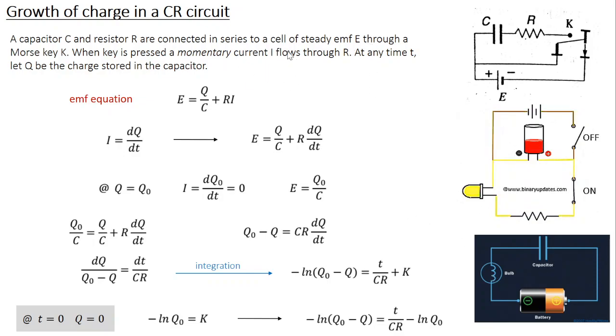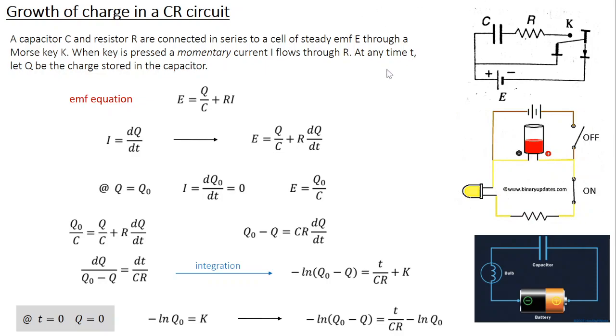So when I say current I, this is not a steady current. This is a momentary current which exists only while the capacitor is charging and the capacitor is discharging. So you should remember this, especially in your lab experiments. If you are using a capacitor in a DC circuit, you will not get a continuous current flow. You will have only a momentary current flow.